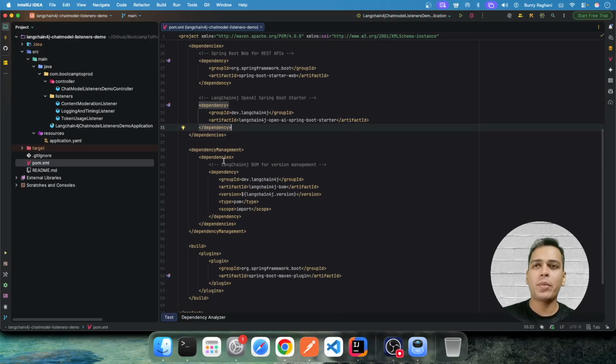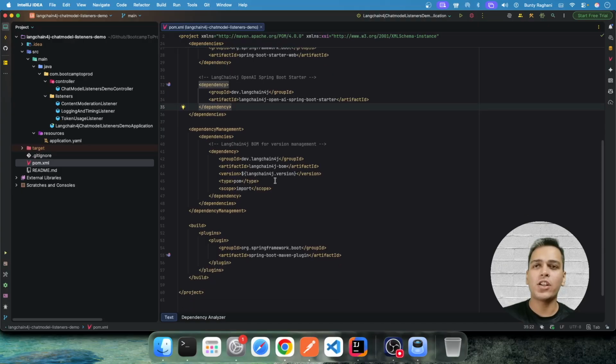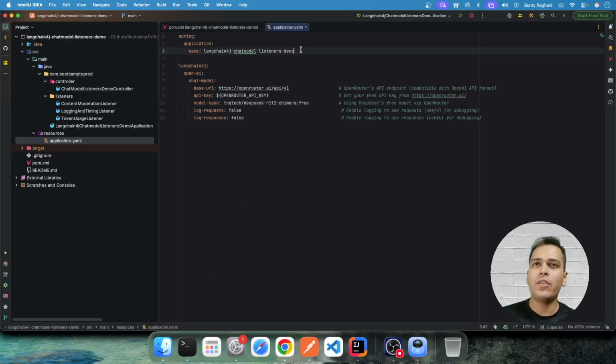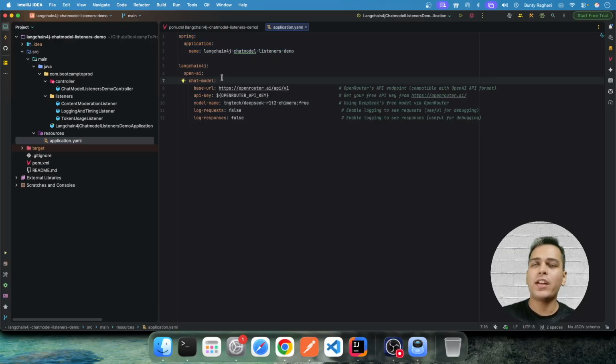Then inside the dependencies management section, we have added the LangChain4j BOM for the version management. Now coming to the application YML, at the very top, we have defined the name of our application. Then we have defined the configuration related to our LLM with the help of the properties that are provided by the LangChain4j framework. So here you will see we have defined the configuration with the help of LangChain4j OpenAI chat